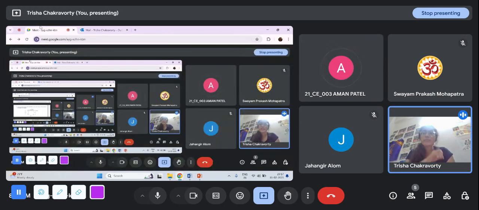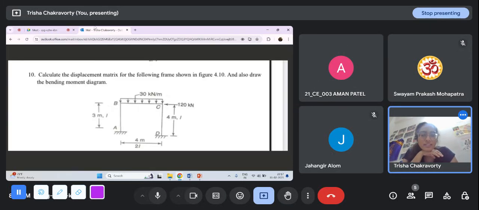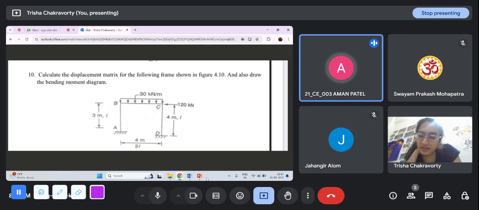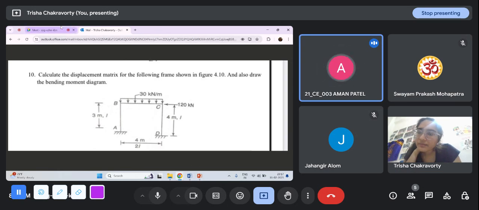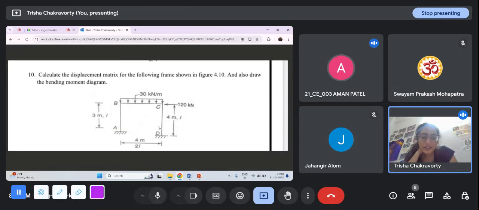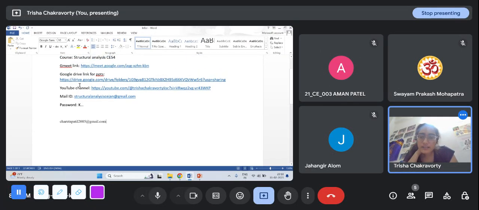तुम लोगों के पास एक बात बोलो, तुम्हारे पास गूगल ड्राइव का एक्सेस है क्या जहाँ पे स्लाइड्स अपलोड होता है? You guys have access to the Google Drive link where the slides are being uploaded of the TA sessions? PowerPoint presentations? नहीं मैम, उसका एक्सेस हम लोग के पास नहीं होगा। वो NPTEL के लिए बोल रही है ना मैम? नहीं मैम, उसका एक्सेस सिर्फ आपके पास होगा। अच्छा, मुझे तो लगा था कि वो कोई भी एक्सेस कर सकता है।